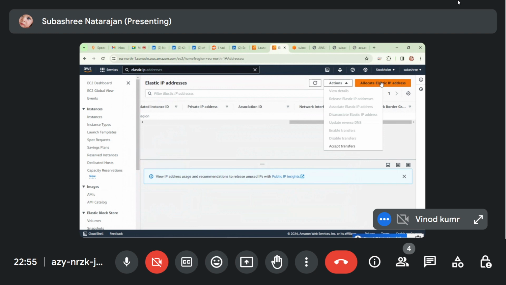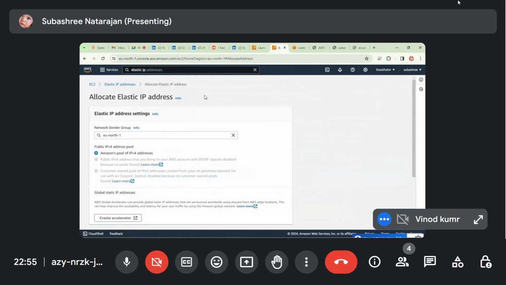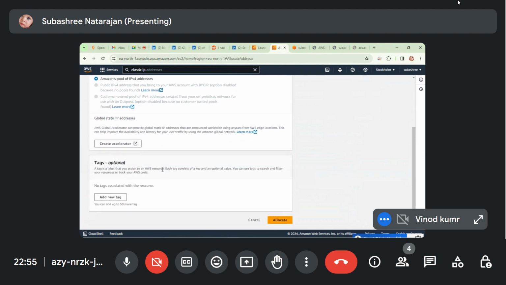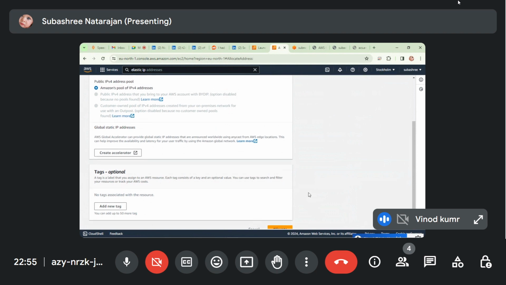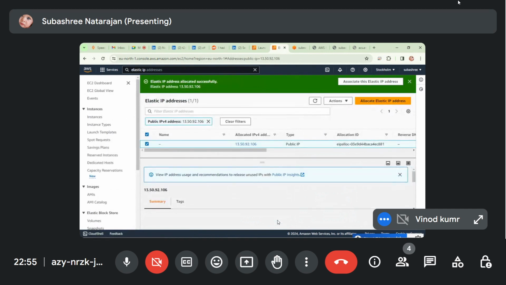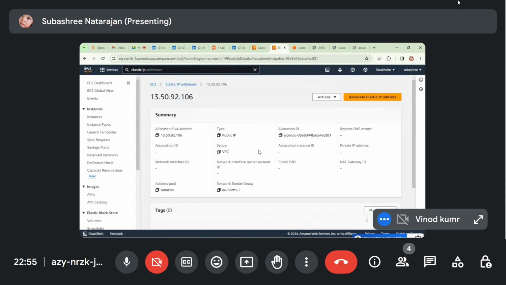No, first one again. Yes, this one. Scroll down. Why is it showing allocate? You should create, right? Okay, click allocate elastic IP address. Oh, already selected.